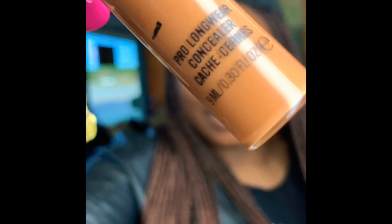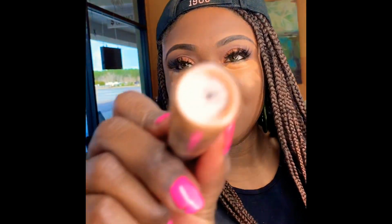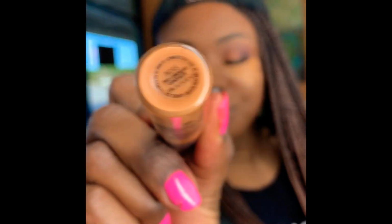I just love concealers that conceal, and they're long wear. So I actually use the MAC Pro Longwear Concealer, and I'm using the shade NC45. It's NC45. But I don't typically get into the drugstore products because I like to use a lot of oil-based